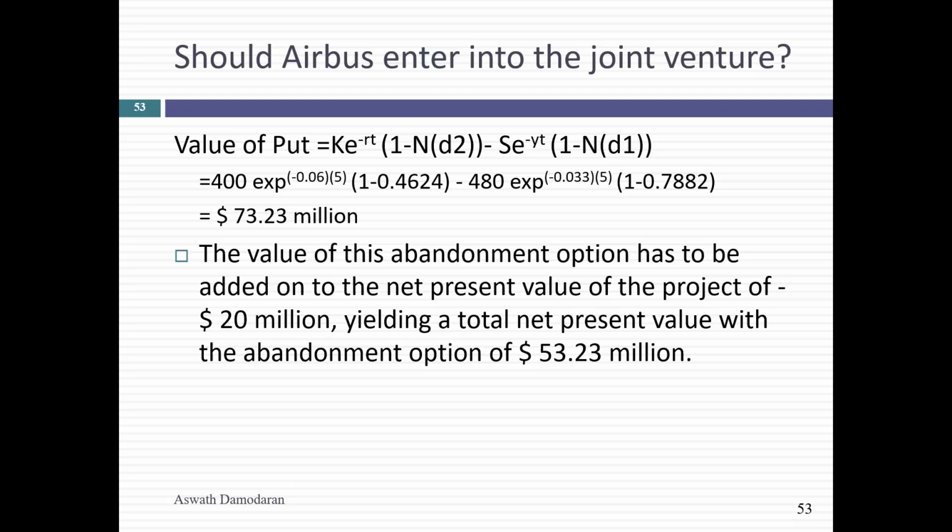But here's the one thing I have to remember. I essentially gave you an option worth 73 million. So what should my net present value from this project have to be for this to be a good decision to make? On my side of the joint venture, I better be making an NPV well above 73 million. Otherwise, I've given you an option which I can't really afford. Options to abandon essentially allow people to walk away from mistakes. I mean, at well below what they originally invested, but it still limits your losses to whatever that amount is.